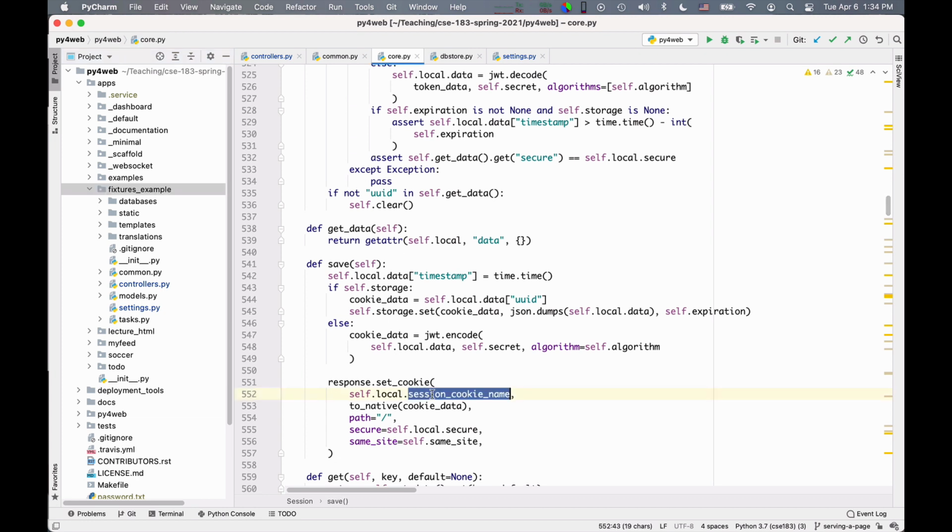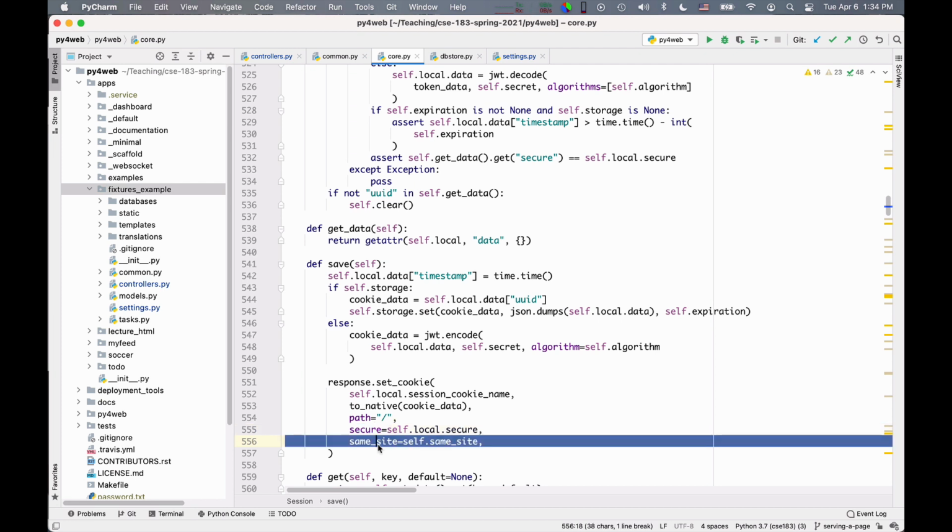So the other important things to look at, coming back to how the cookie is set: it has a name, it has a content, which is the cookie data. It has a path, that means root path is always sent for this particular site. Secure means whether the protocol was HTTP or HTTPS. And same site is a very important characteristic to which I will come later.